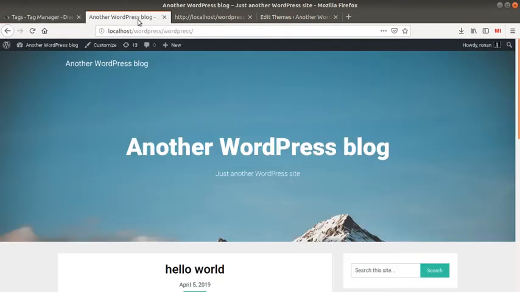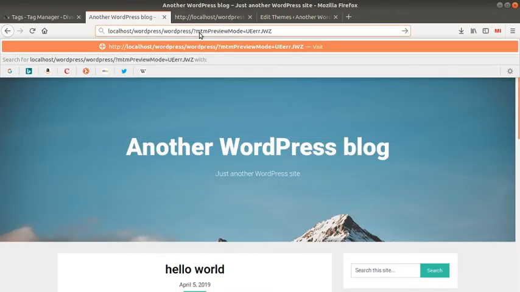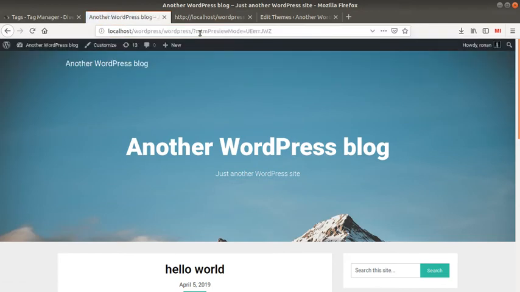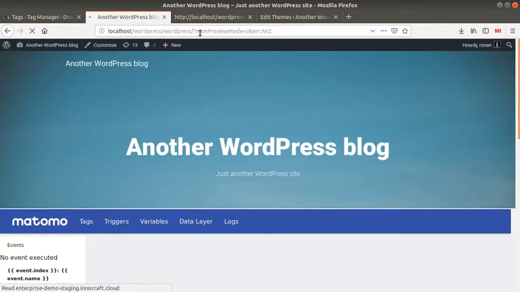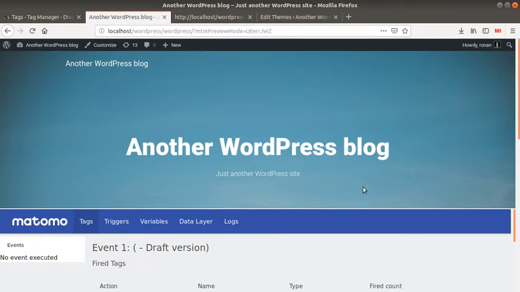And now I'm going to go on my website, and I'm just going to copy and paste this given link that Matomo gave me in order to see what is triggered for my website. And here, as you can see, nothing is executed in terms of tag, and that's totally fine because I have not yet triggered the tracking code, because it was when the user is scrolling more than 50% of my pages.